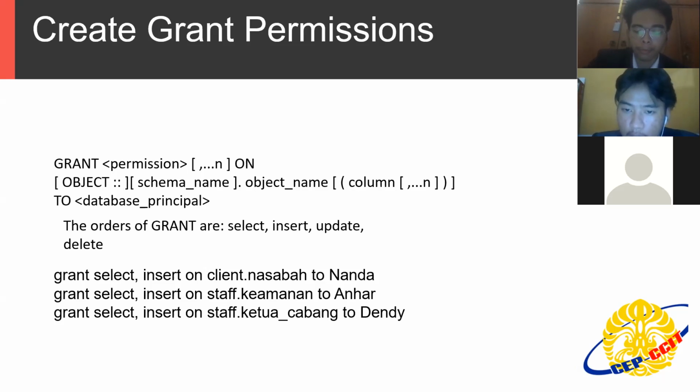The example from this project is the grant select insert on the client nasabah to Nanda. What is the meaning of grant select insert on client nasabah to Nanda? Grant select gives the access for the client nasabah. The name is Nanda. Nanda is the client nasabah.